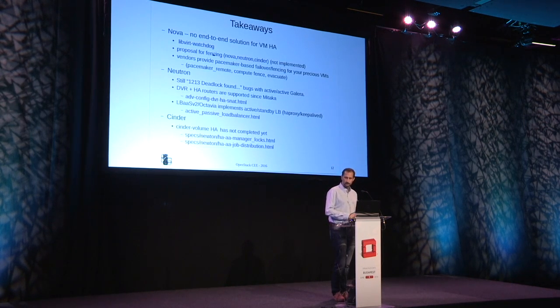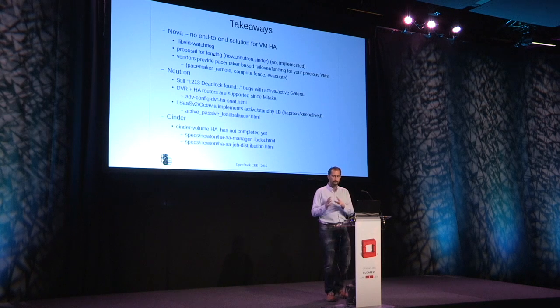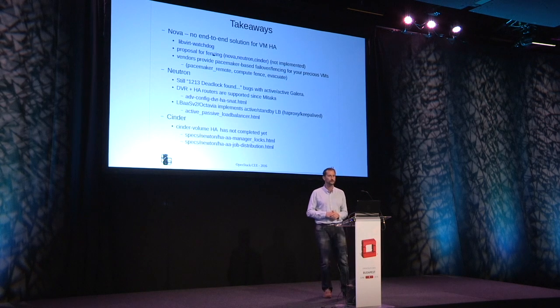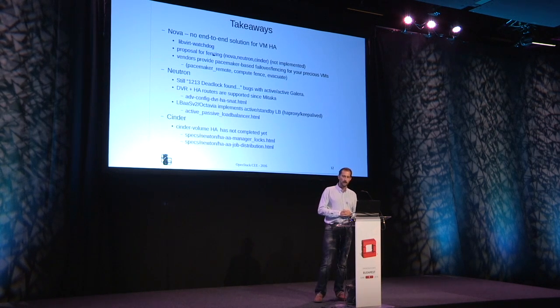Okay, so we have 4 minutes left, if this is true over here. So what are the takeaways? Plain vanilla OpenStack doesn't really give you a full-fledged solution for your VMs. What you have available through that link is this libvirt with watchdog kind of setting. Of course, we have a fencing proposal, but it is not complete, not accepted and not implemented yet. And you can check the vendor